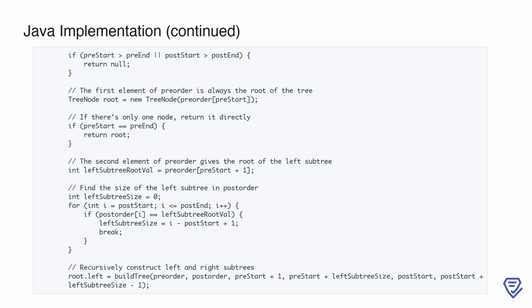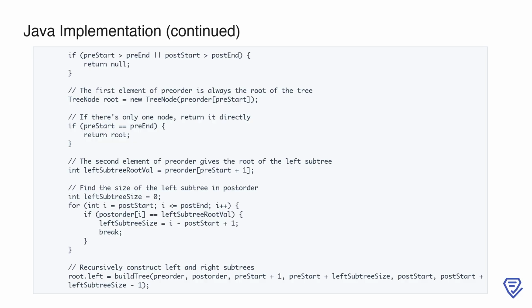If the given range is valid, the algorithm proceeds to construct the tree. First, it identifies the root of the tree or subtree. In preorder traversal, the first element is always the root, so we create a new tree node with the value at the prestart index. If there's only one node in the current range, meaning prestart equals preend, we directly return this node as there are no